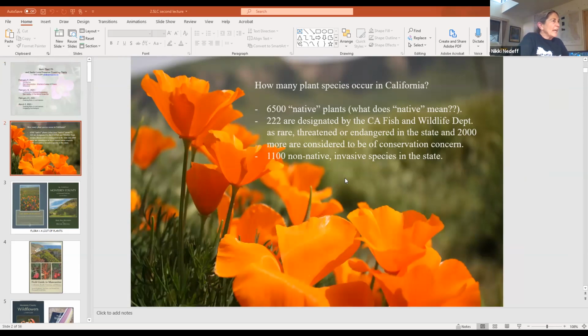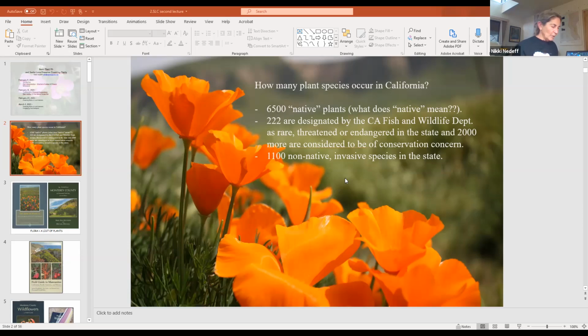So in California, we have probably about 7,700 different kinds of species. 6,500 native plants, 222 that are designated by the California Department of Fish and Wildlife as uncommon. They have special designation. And over 2,000 plants that don't have special designation in the state of California, listed by the Endangered Species Act, either federal or state, but they're still considered to be of conservation concern because they're uncommon or they're unique to particular areas, or they only occur in special soil types that sort of by definition make them uncommon. And then we have over 1,000 plants that are not native to California that we consider invasive and